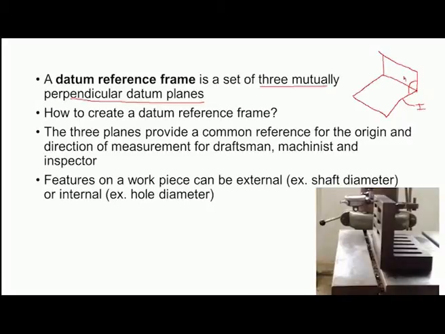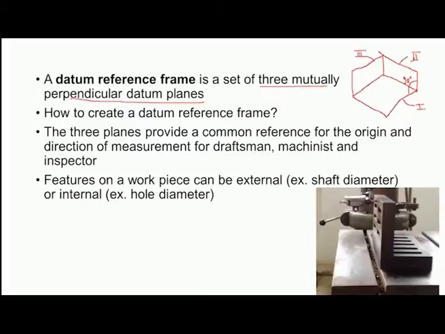This angle is 90 degrees, and then perpendicular to these two we should provide another surface. So, this is the second reference surface and this is the third reference surface. All the three are mutually perpendicular.